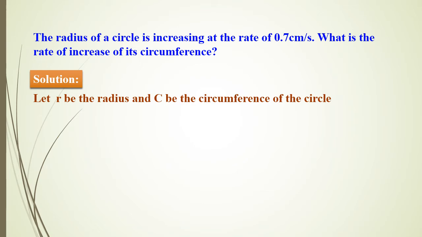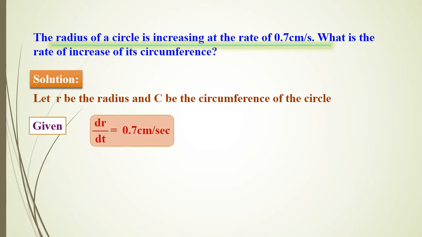So when the circumference again is increasing with respect to time, it can be written as dc divided by dt. That only we need to find out. Okay, next, then differentiate c equal to 2 pi r, the full term. So it can be written as d by dt of c is equal to d by dt of 2 pi r. In the above expression 2 pi is a constant term, therefore don't differentiate it, you keep it out of the differentiation. So it can be written as 2 pi into dr divided by dt.